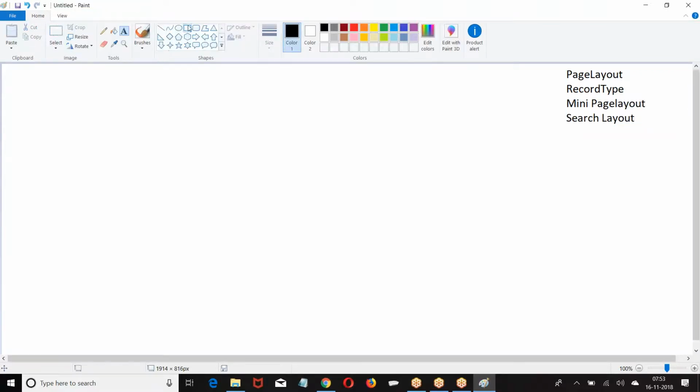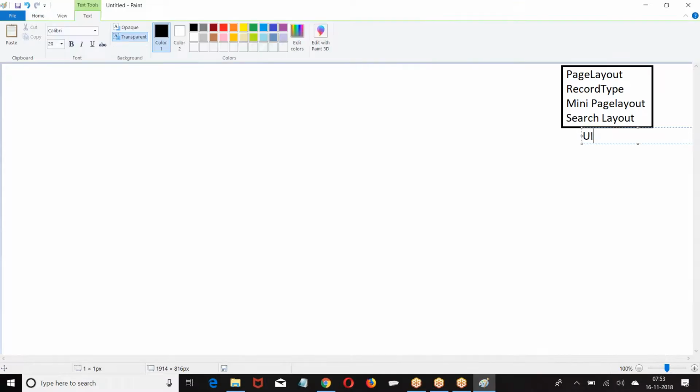So these are the four concepts. We'll see them one by one, but I'll give the overall view at a time. We'll see them down the line. So this is the UI part of MVC. This is the view in MVC.